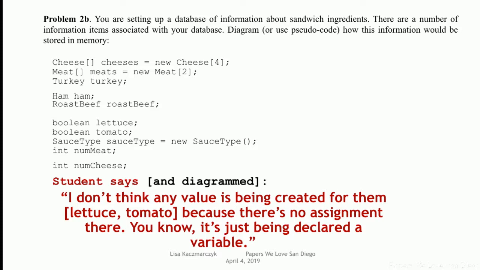If this was in Python, you wouldn't even know. These things would be completely obscure to you, and that might be a good thing, that might be a bad thing. But here, I feel like they didn't understand that the reason you have to do this before you can use the lettuce variable is because the students are going to use this